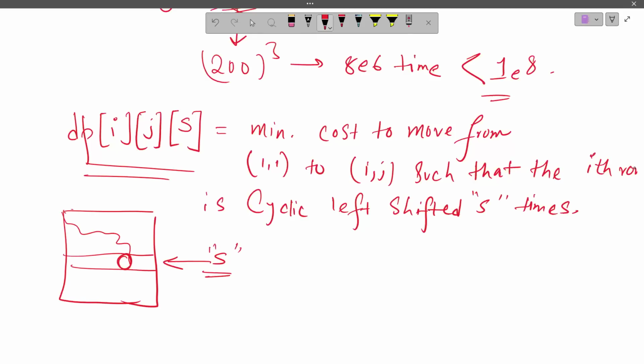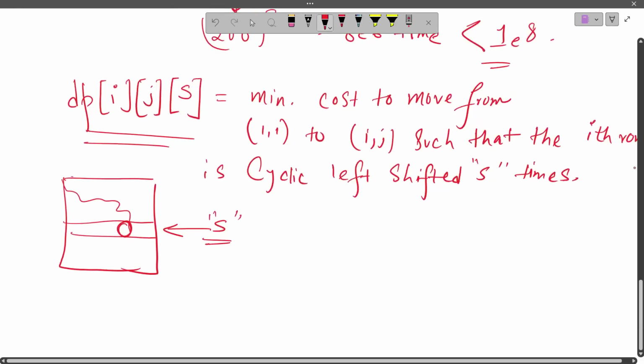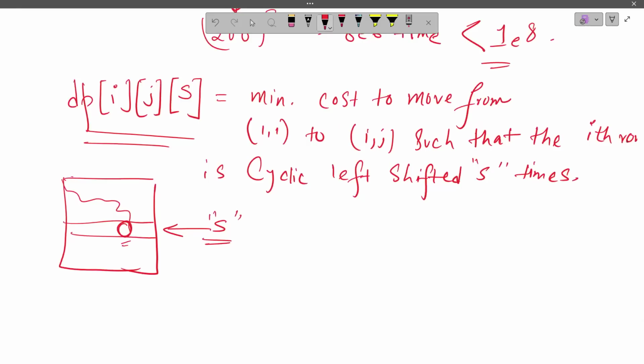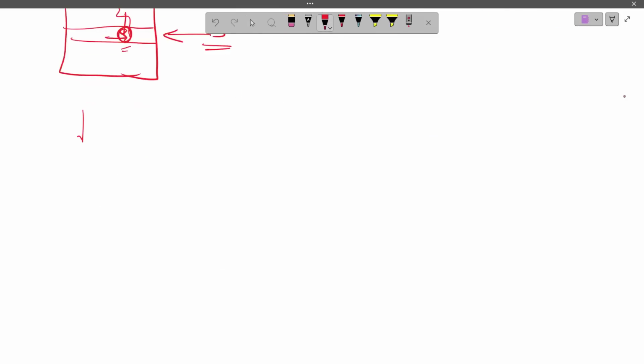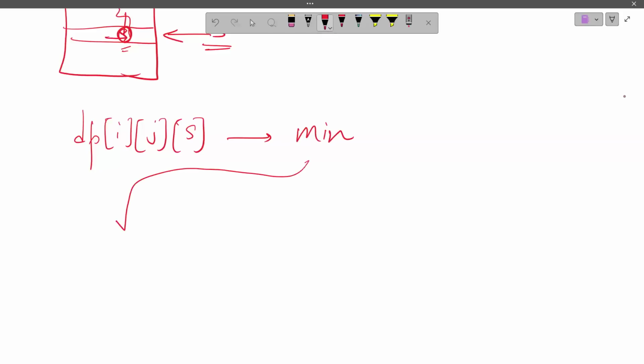So now let us see how we can write the transitions for this problem. Note that if I actually need to reach this cell i comma j, I can go in only two directions. Either I go sidewise, or I go down, right? So basically there are only two paths. So when I am writing dp i j s, that should be the minimum of two paths. The first move is when you move left, and the second move is when you move down. So these are the moves